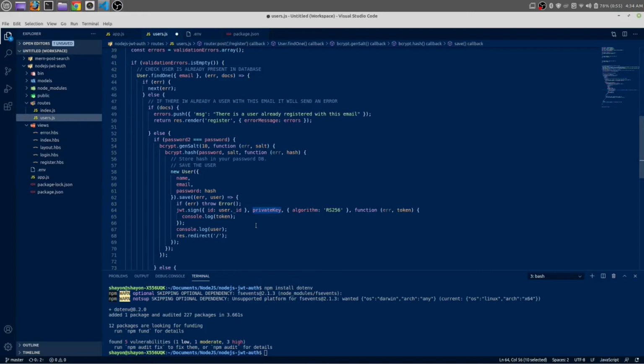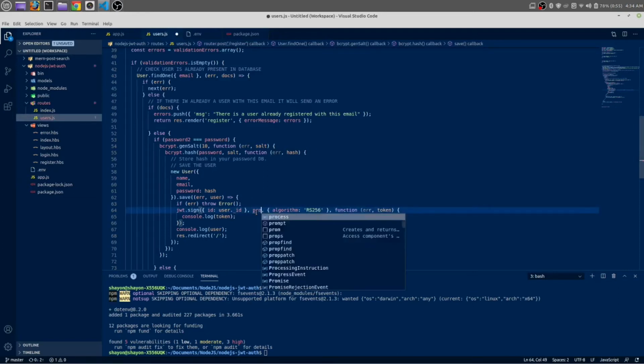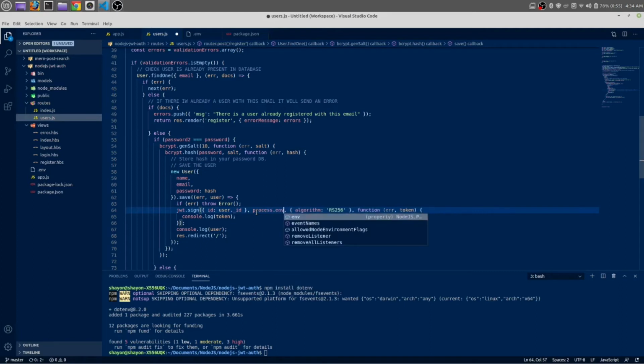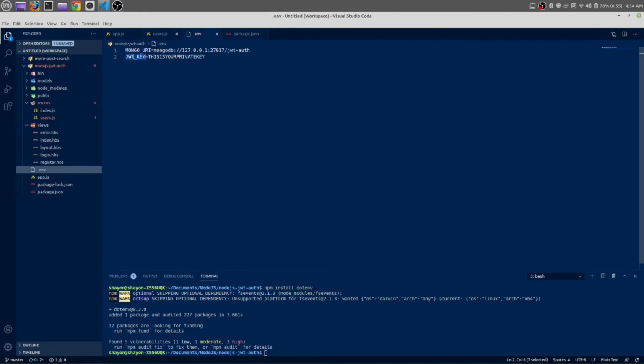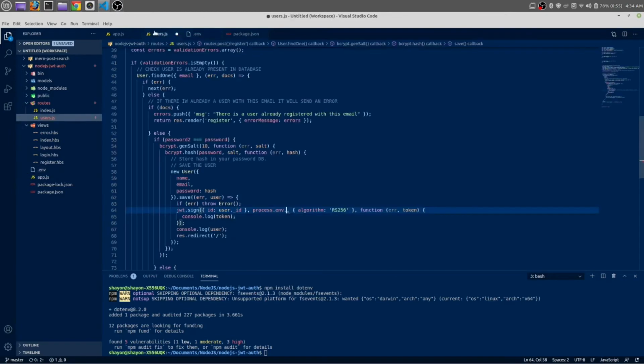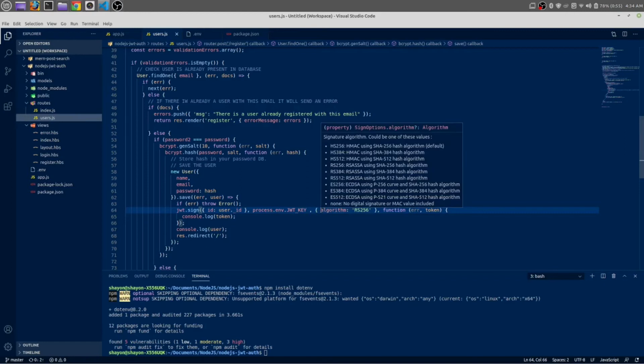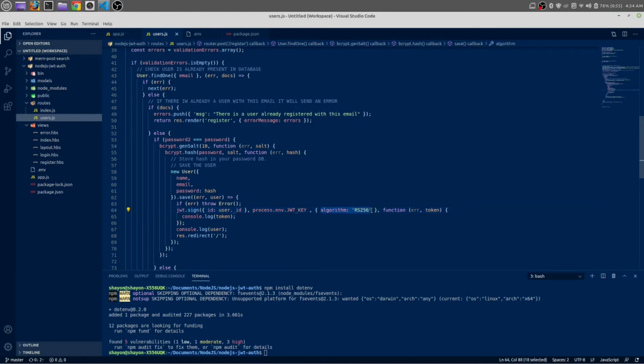Paste it here, sorry, this would be process.env, this is an environment variable. So let me copy this variable and paste it here, JWT_KEY. Okay, here it will take some parameter. We are not going to use this parameter.